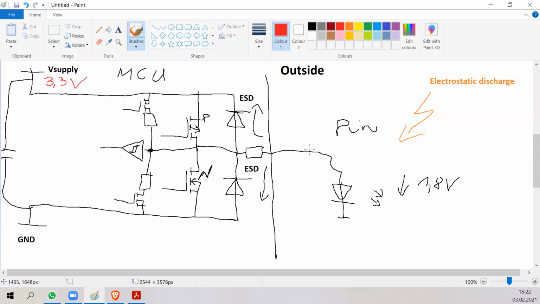What happens if we connect a pin accidentally, for example, to 5 volts? So this electrostatic discharge diode is meant also to protect against overvoltage and undervoltage of a pin. So when we connect 5 volts,